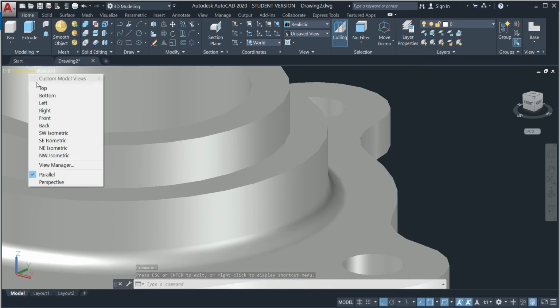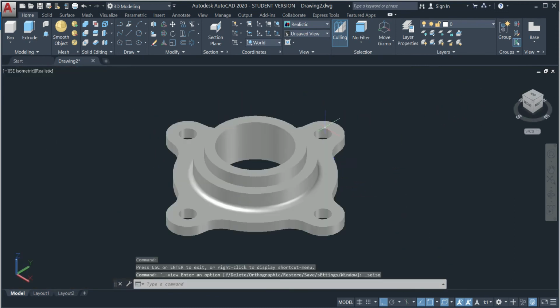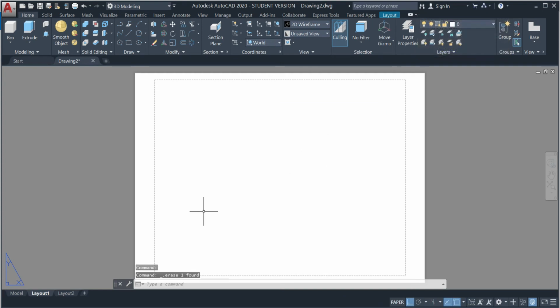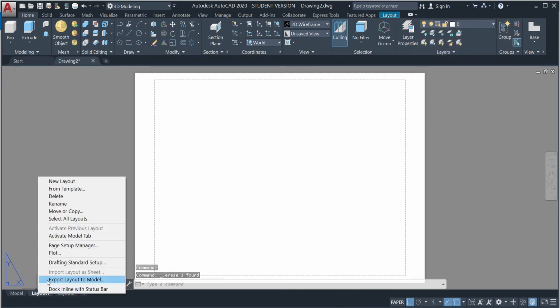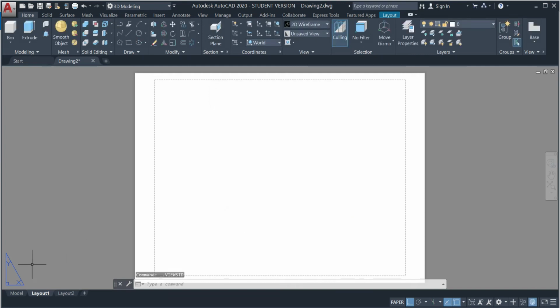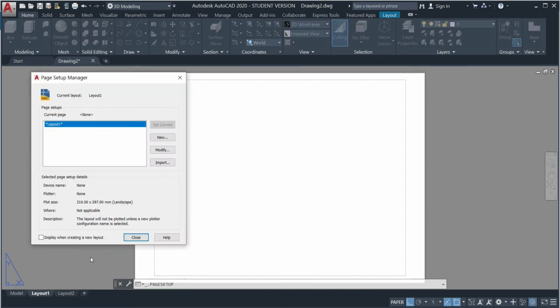Now we'll change it to southeast isometric, and we will go to the layout page and first delete the viewport which is available by default. We will right click on this and go to drafting standard setup and change our projection type to third angle projection, and then again we will go to page setup manager and click on modify,